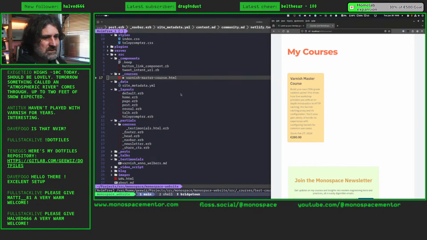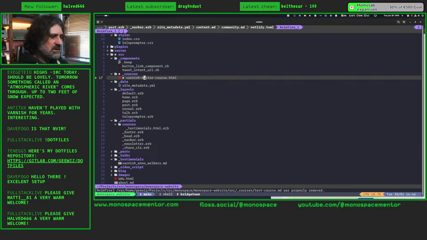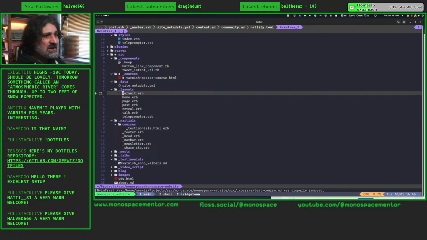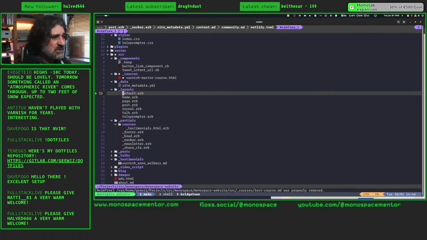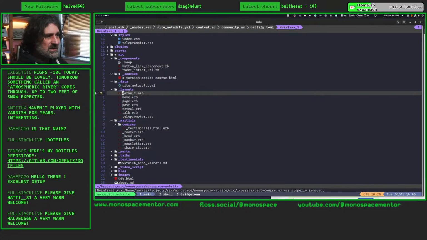I'm very happy with how this works. There is a little bit of manual work, of course, involved, but the more I create templates and partials that I can fill with YAML metadata, the easier it becomes to add content to the page. And I love that I'm able to keep everything on my website and on this domain without having to redirect to an external service. The only redirect I have to do is basically